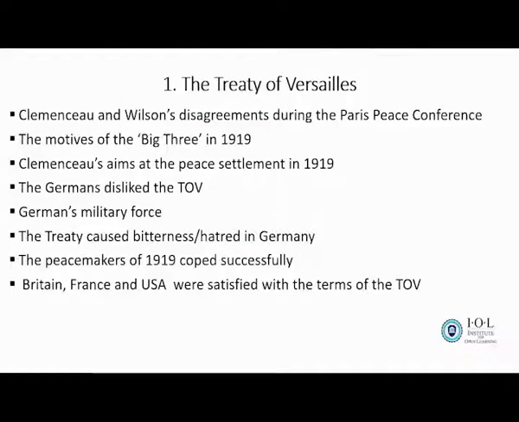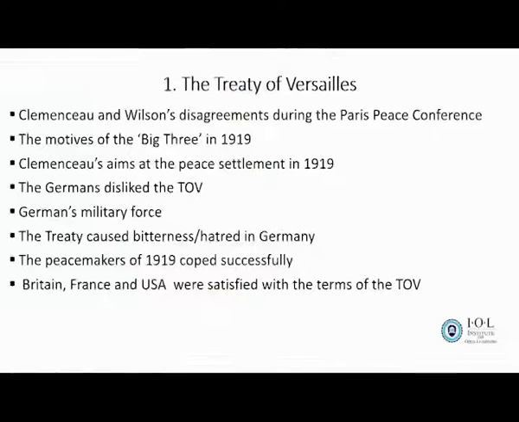As we know, George Clemenceau and Woodrow Wilson were from different countries. The way the First World War affected France is not the way the Americans were affected. As we all know, the First World War happened on French soil. So these two had a disagreement on how to punish the Germans. First of all, let's talk about Woodrow Wilson from the USA.